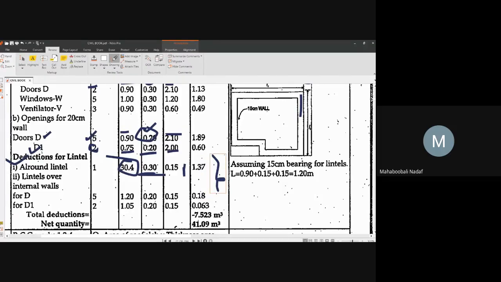Now inside the partitions, in the example, what they have done is they have not given full length. They have given the lintel only over the doors. But for the outside wall, continuous throughout the periphery, they have given the length. Okay? Yes or no? Inside, only wherever doors are there they have given lintel. So how many doors were there inside? You have to write it the same. Five D types, two D1 types.